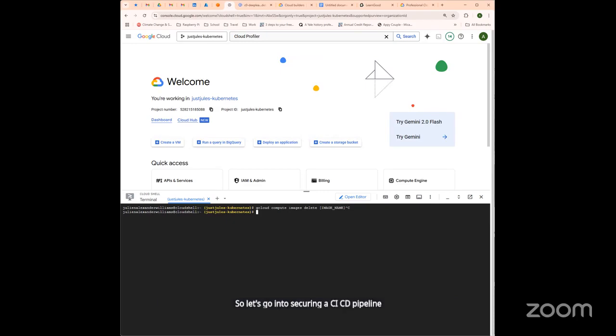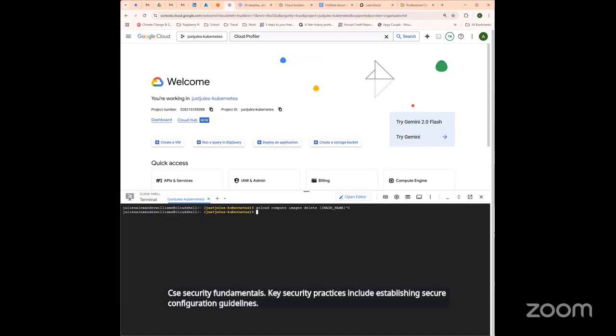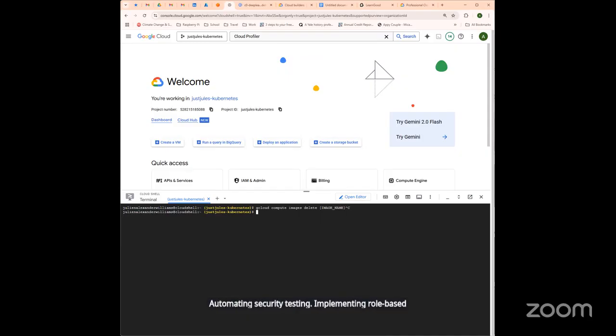Continuous integration and continuous delivery. These are CI/CD pipelines. These enable developers to work on smaller code chunks, increasing productivity and efficiency. However, securing these pipelines is critical to protect applications, services, and data. CI/CD security fundamentals. Key security practices include establishing secure configuration guidelines, automating security testing, implementing role-based access controls, monitoring and